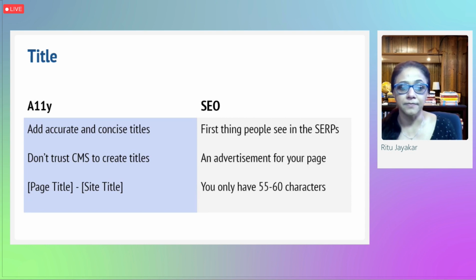Now, while most people already on the website will hardly notice that page title, the page title is front and center in the SERPs. The SERPs, as we call them, are search engine results pages. That's sort of a fancy way of saying search results, but it refers specifically to the presentation of those results for the users. Anyway, your page title is the first thing people are going to see, and that's a big factor in whether or not they'll click through to your website.